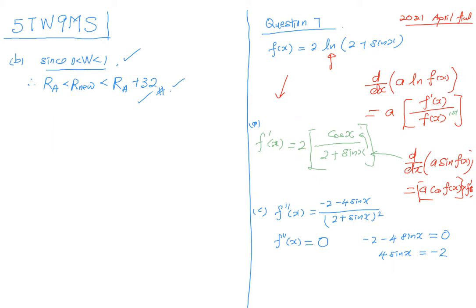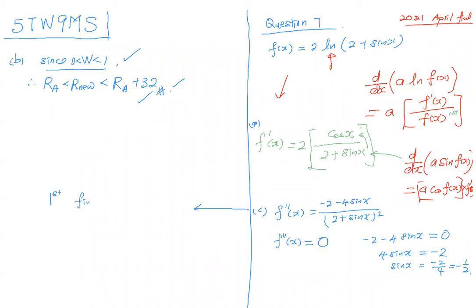Okay, so sin x equal to negative 2 over 4, equal to negative half. Still remember I told you during the revision, you have to solve this. So please, to solve this, you have to first